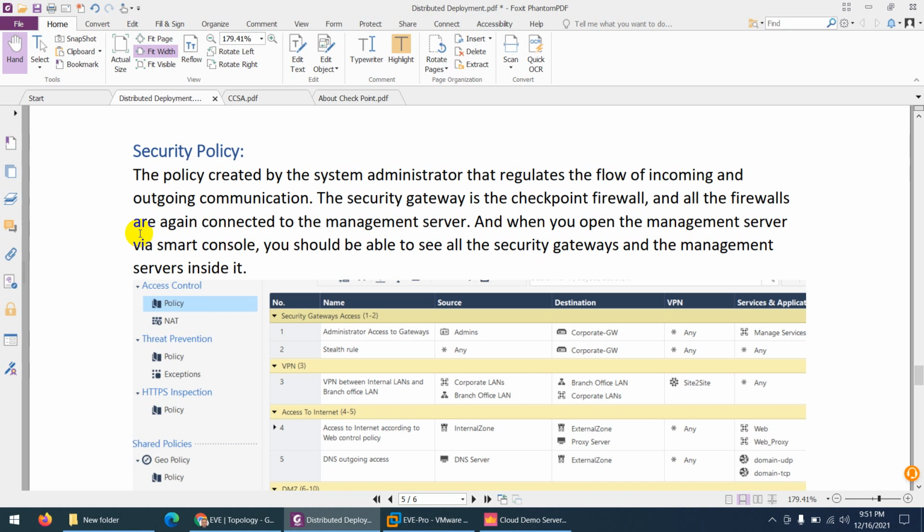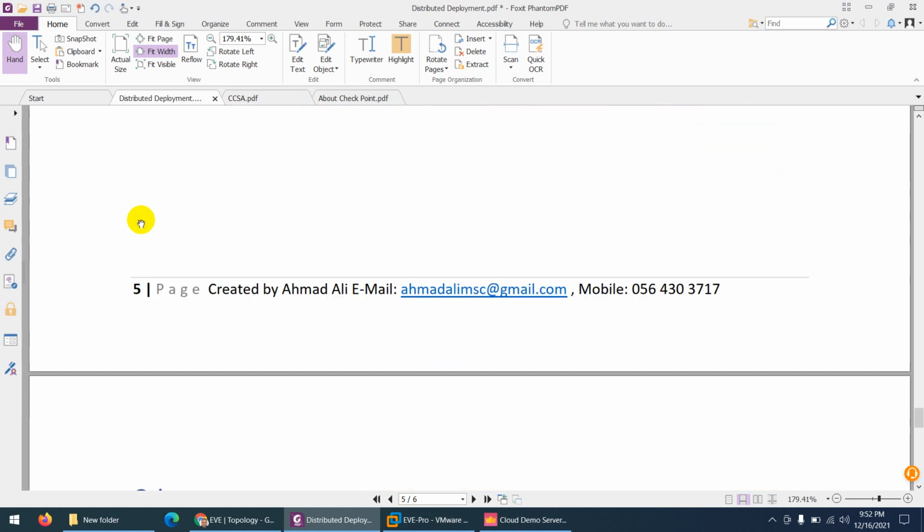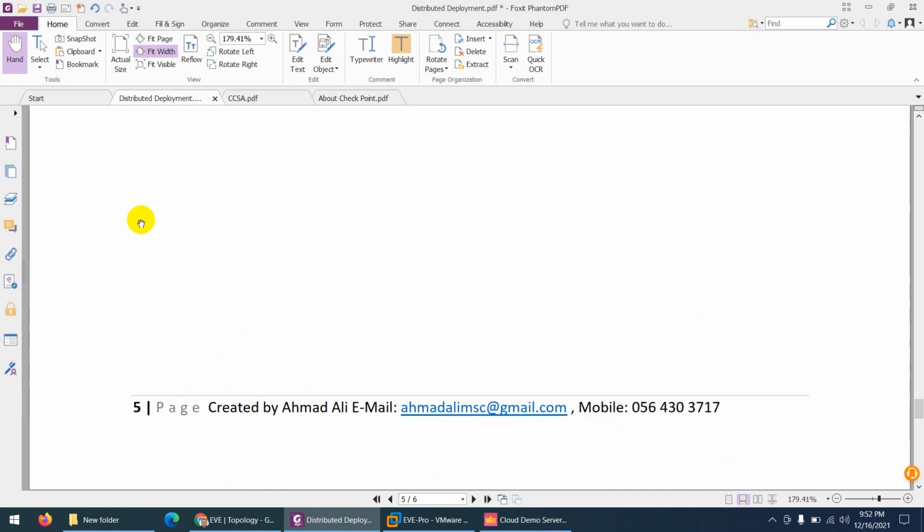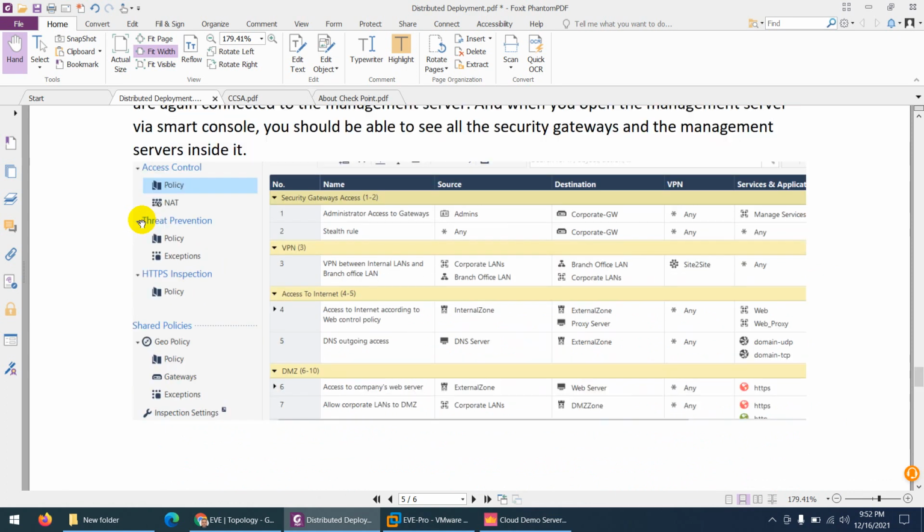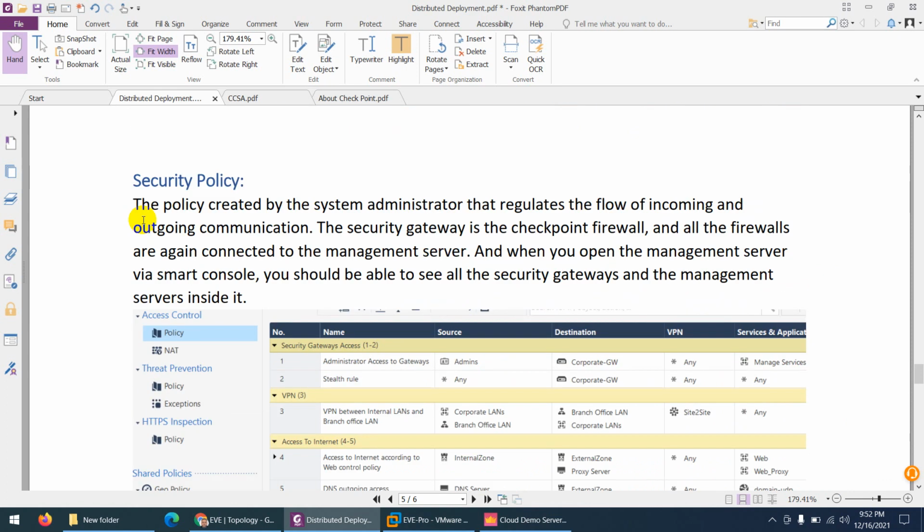These are the rules and regulations which we create on the security gateway, our Checkpoint next generation firewall, where we deny or allow someone and where we monitor things. So this is called security policy. These were some terminologies related to the Checkpoint firewall.